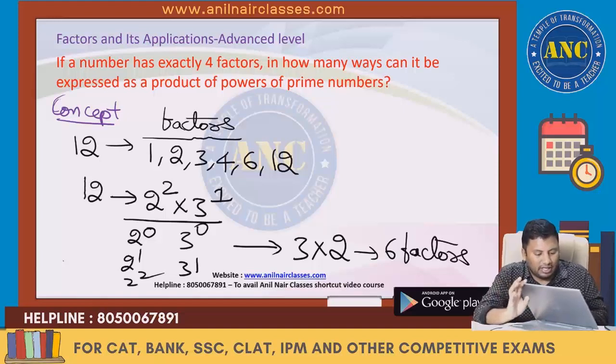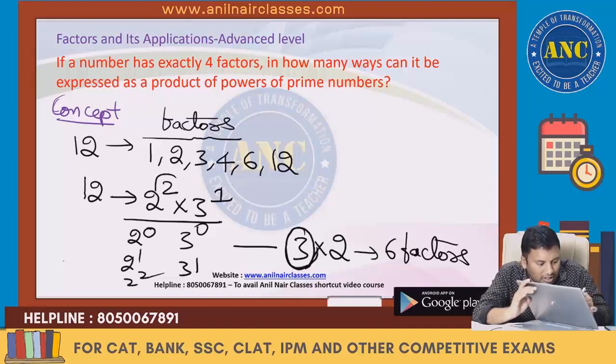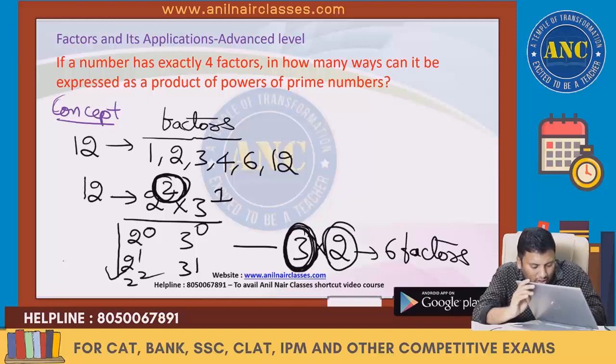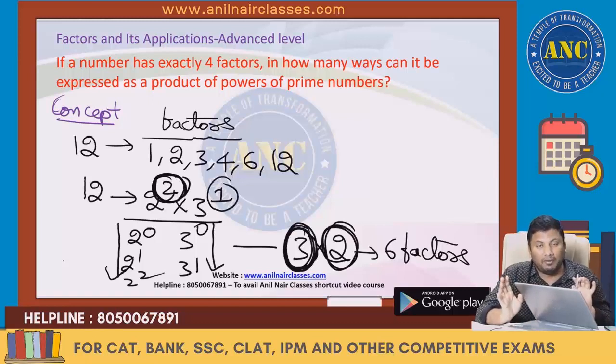Now if you see here, if this is 3, what is the power? Power is nothing but 2. From where we got 3? 0 to 2 is 3. That means if the number of factors is given, if this is 3, power will be 2. If this is 2, from where we got 2? 0 to 1 is 2. So the power will be 1. Am I right? Power will be 1.